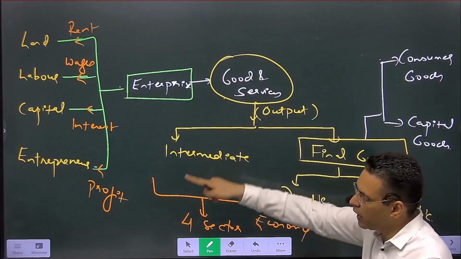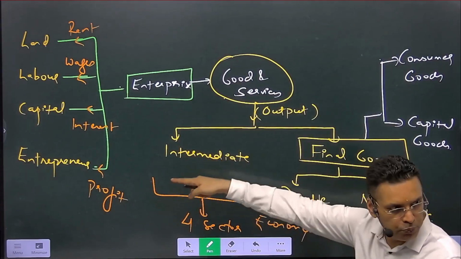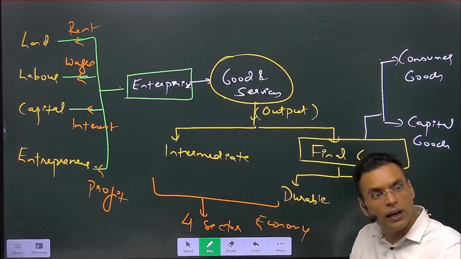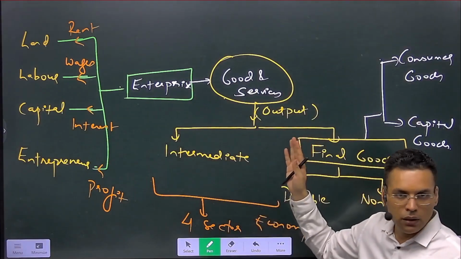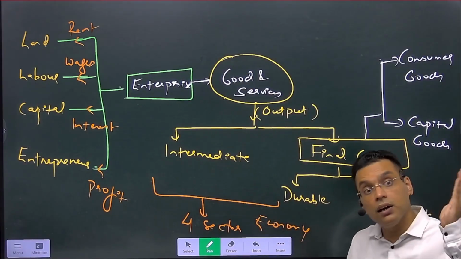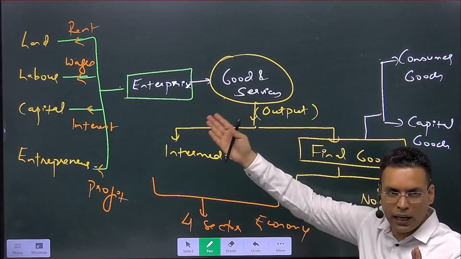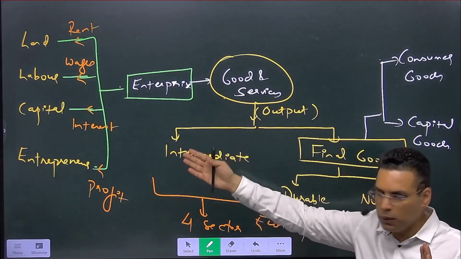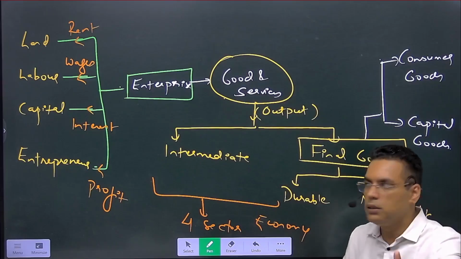So all these 4 factors of production are involved in the production process as input. This is the input. And they get paid for providing the factors. So they are providing factor services. Who provides factor services? The people of the household. So household could be part of land, could be owner of land, could be a skilled labor and manual labor, could be an entrepreneur and they could provide capital. So household they provide all these